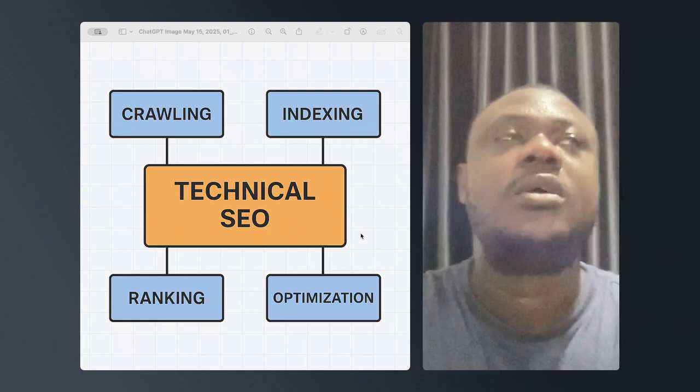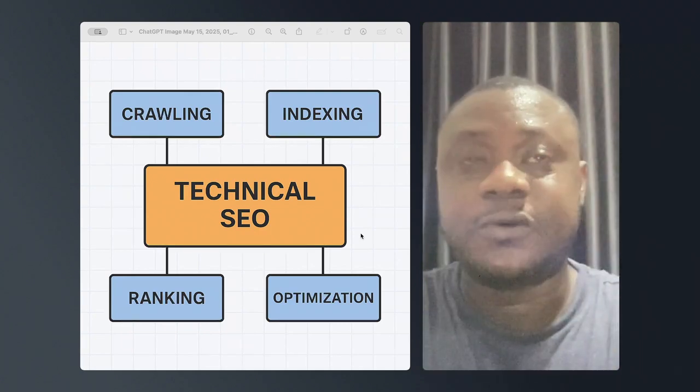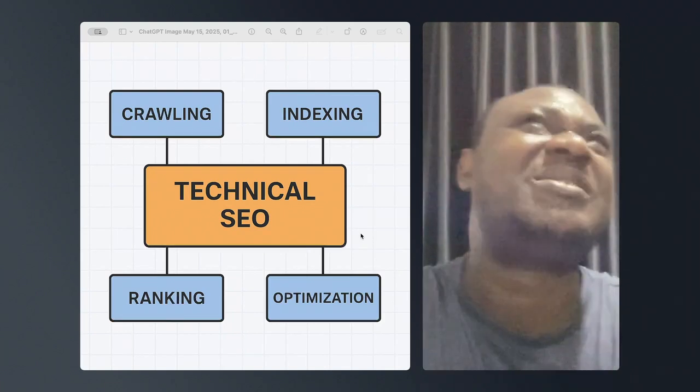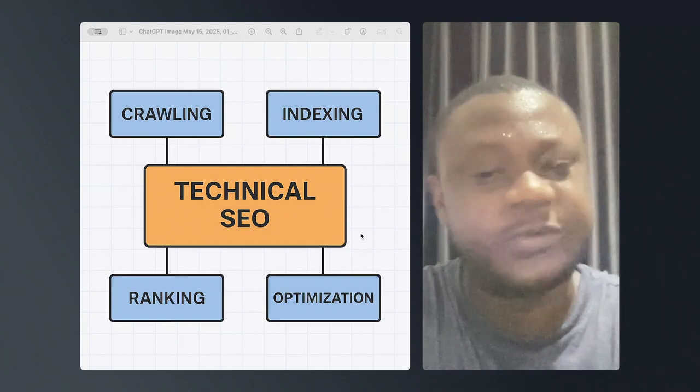That's one, amongst many others. Then I also follow Google Best Practice. Something by Google, where Google releases some of this news. You need to be following those guys, and